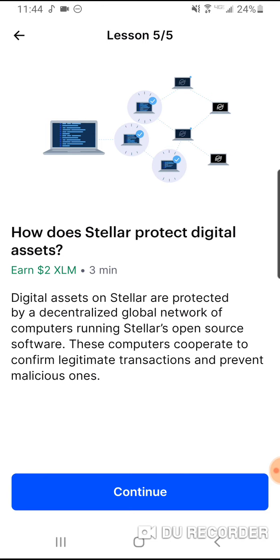Stellar uses this pattern to guarantee the network's safety. Every 5 seconds, the connected computers negotiate with each other according to very specific rules to finalize their agreement. They cross-check each other across the whole network, all at once.